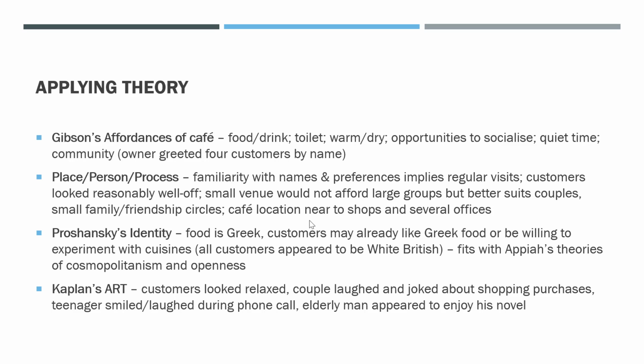Appiah proposed a theory. We haven't touched on him in this class, but there's no reason why you can't look him up. Appiah proposed a theory that we are now in a much more cosmopolitan era, and that 60, 70 years ago, well, less than that actually, people were often very wary of foreign food. They were suspicious of people from foreign parts of the world, whereas nowadays it's taken for granted that you'll have Chinese takeaways or nip into an Indian restaurant or have pizza and pasta for dinner as a standard thing. Once upon a time, that would have been considered very unusual to have that much of a mixture of food, especially just after the war and the period of rationing and so forth.